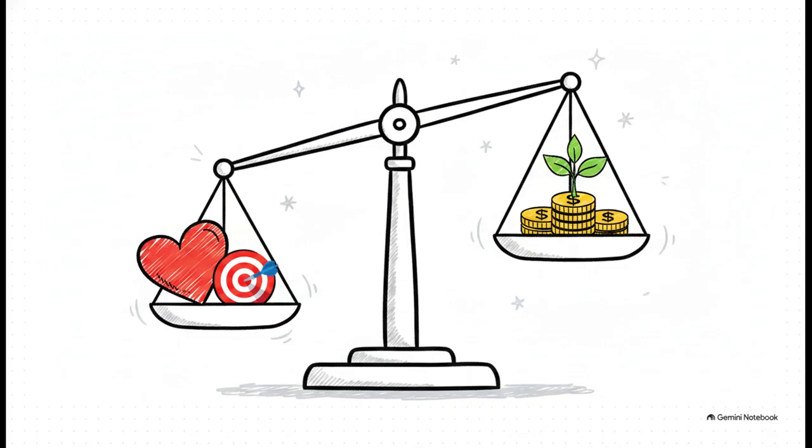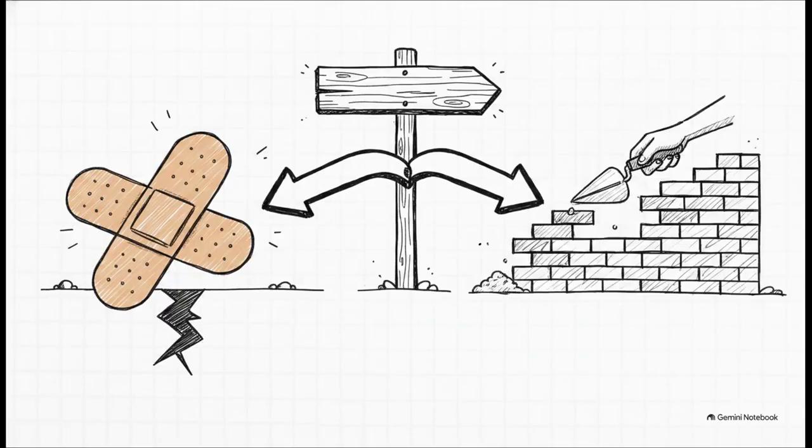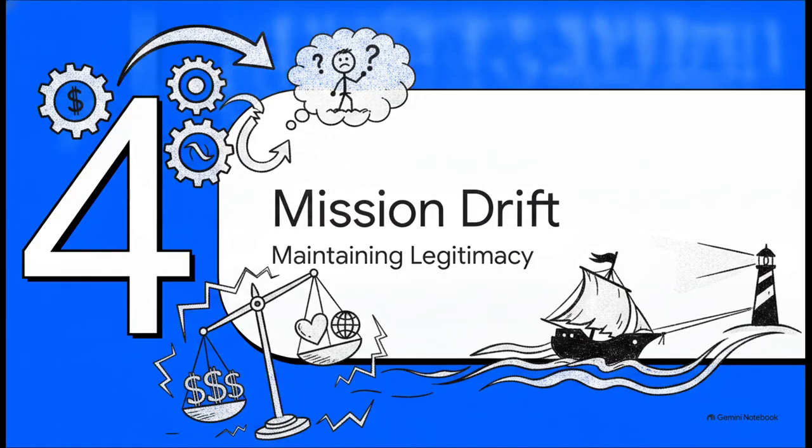You will constantly be weighing whether a strategic choice, one that might secure immediate financial sustainability, is actually consistent with the core values of your nonprofit. As an executive, you are going to face these severe dilemmas, where literally every strategic choice involves compromising one priority to satisfy another. Do you focus on alleviating immediate symptoms, or do you dedicate your scarce resources to long-term structural policy change? Do you maintain total independence, or do you partner with the government for greater leverage? And what about honoring a founder's intent versus adapting to entirely new realities? There are no easy answers here, only tough trade-offs. Next up is Section 15.4, Mission Drift and Legitimacy.